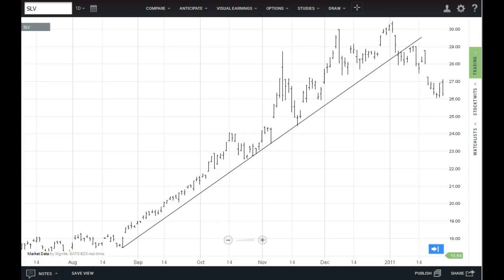If support and resistance lines contain a trading range, then trend lines are simply rising or falling support and resistance lines that contain a market move. If the market is falling, then the resisting trend line, the one on top, should stop any rallies going against the primary trend lower. In the chart we have here, we have the silver ETF from mid-2010 to early 2011,